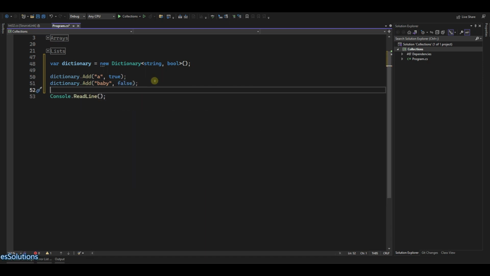So this is our dictionary, and we are saying that within this dictionary I have index A and index baby. Those are keys. We call those keys for our dictionary, whereas the true or the false is the value, because we have specified that it's going to be of Boolean type. So if I wanted to get the data for baby, for example,